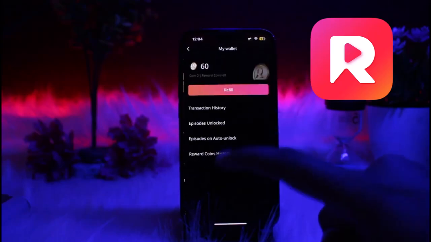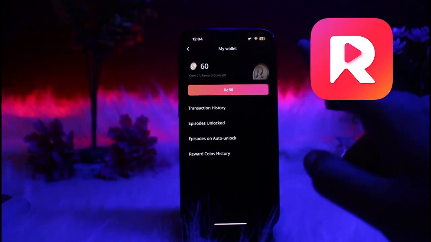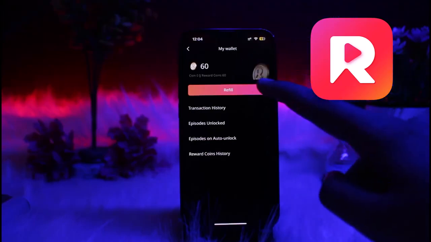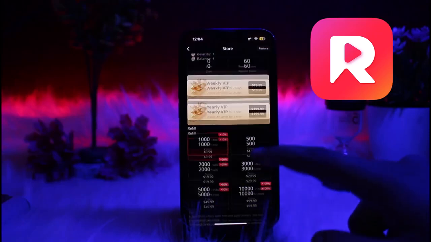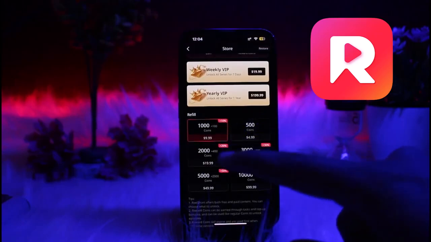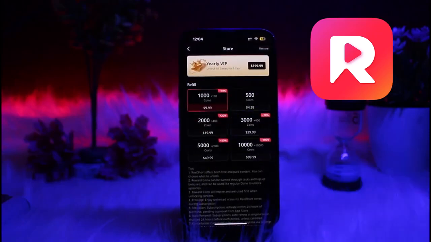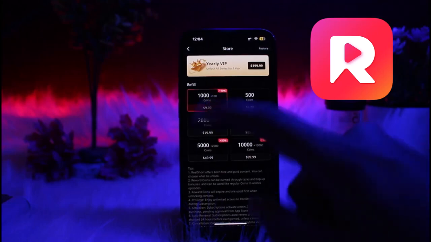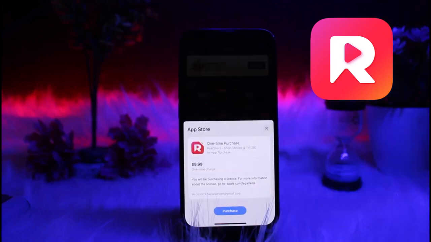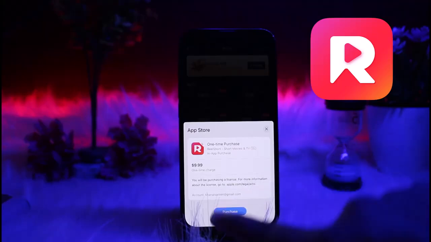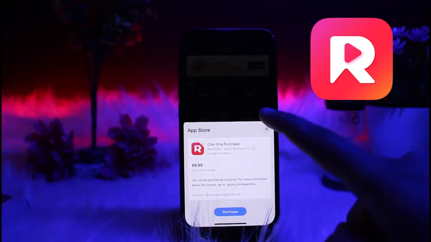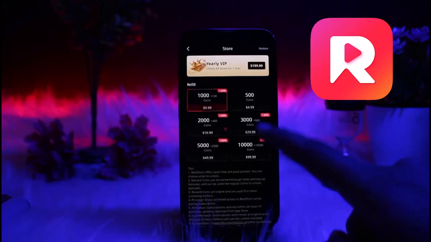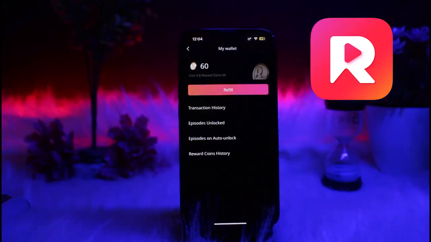If you click on it, you'll be able to see the coins which you have, and if you click on the option of refill, it will take you to the page where you'll be able to refill the coins, and you will need to pay a certain amount. So if you want 1000 coins, you may simply click on it and it will take you to the app store, and from here you need to simply purchase the coins and they will be refilled back to your account. So that's it. That's how you can refill coins on the